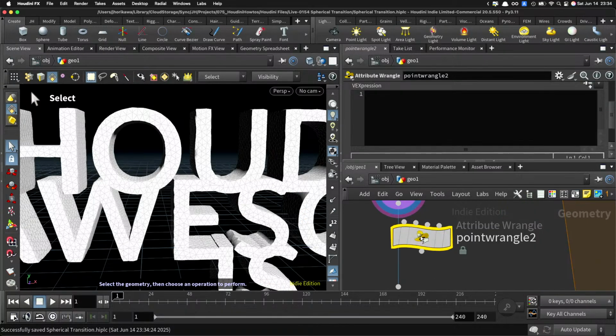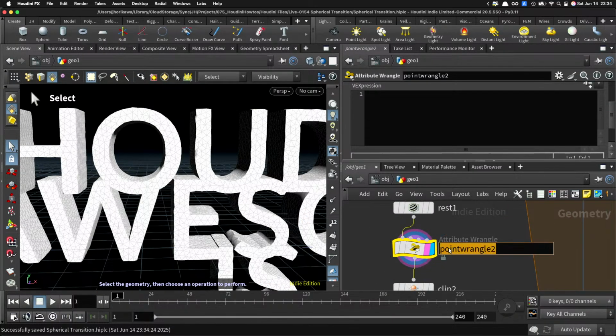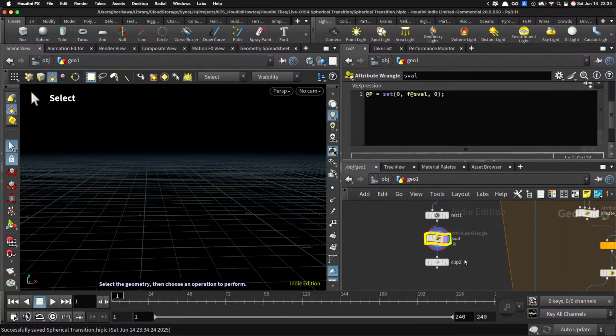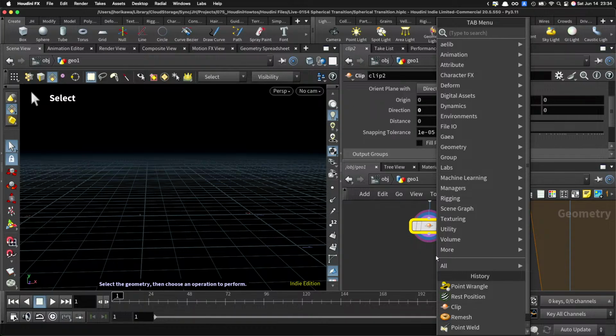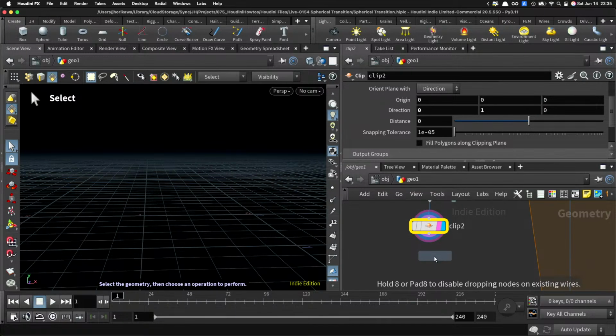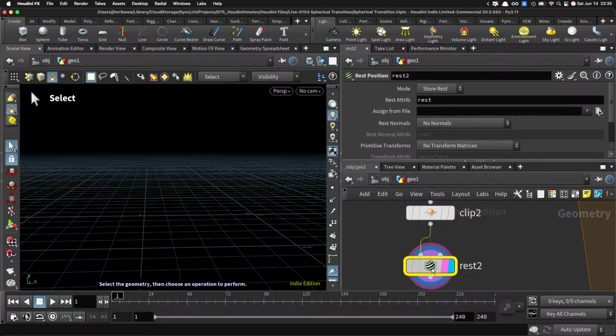Then create another point wrangle to use a sval to make the point positions pretty simplified, making just for the height, maybe like that, and then using clip for an upward direction, and then using the rest positions again to restore,